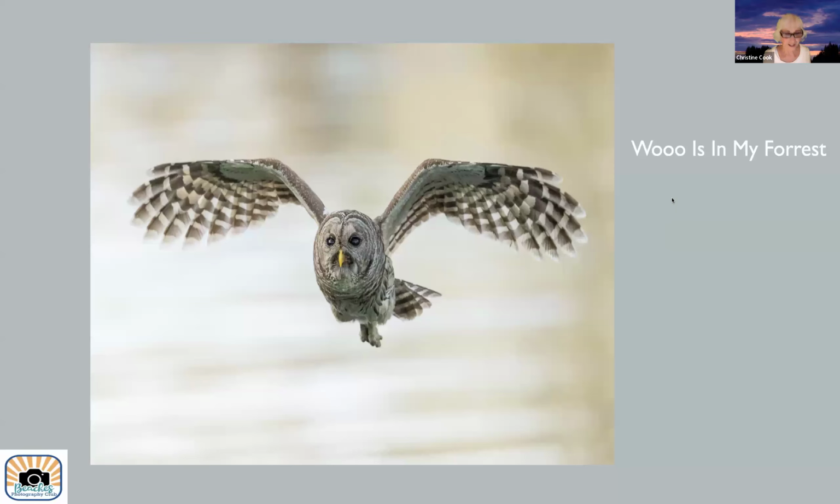The owl face is very sharp. It's nice to look at the beak and the eyes with the highlights in the eyes. You've got a beautiful curve of the wings, soft supporting background. You do have some motion blur on the tips, which